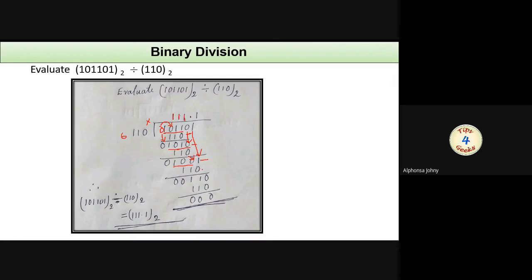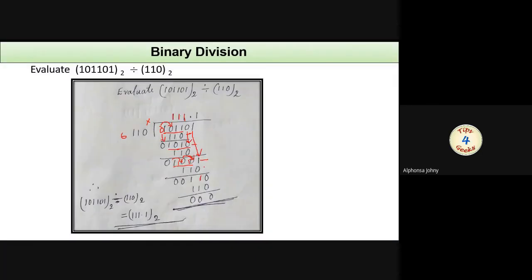Next we have to perform the binary subtraction. 1 minus 0. The answer is 1. Then here there are slight complexities. 0 minus 1, it's not possible. So we are taking a borrow from this position. Here also 0. So we cannot take from here. So we are copying from here to here first, then from this middle bit to this bit position. So 1 is copied to here. So here it will become 1 0 or 2. Again from that 2, we are taking 1 to here, this bit position. So here 1 and here 1 0 or 2. So 2 minus 1, the answer is 1. Here 1. 1 minus 1, 0. Here 0. So the answer is 0 1 1.